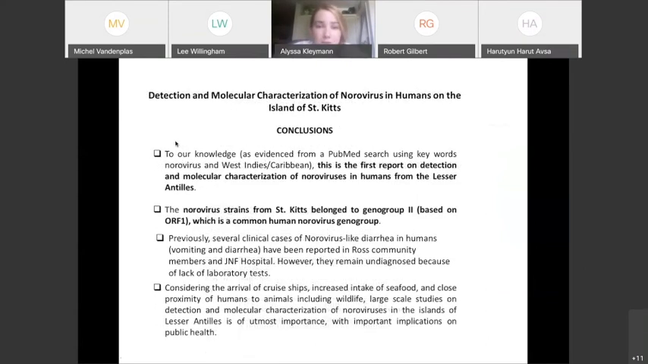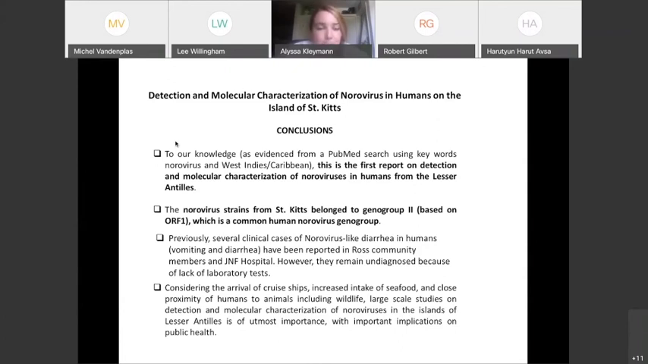So to draw conclusions from these two cases, to our knowledge, this is the first report on the detection and molecular characterization of norovirus in humans from the Lesser Antilles. The norovirus strains from St. Kitts belong to genogroup 2, which is a common human norovirus genogroup. And previously, several clinical cases of norovirus-like diarrhea in humans, where they present with vomiting and diarrhea, have been reported in the RUSVM community as well as in the JNF hospital, but they remain undiagnosed because of the lack of